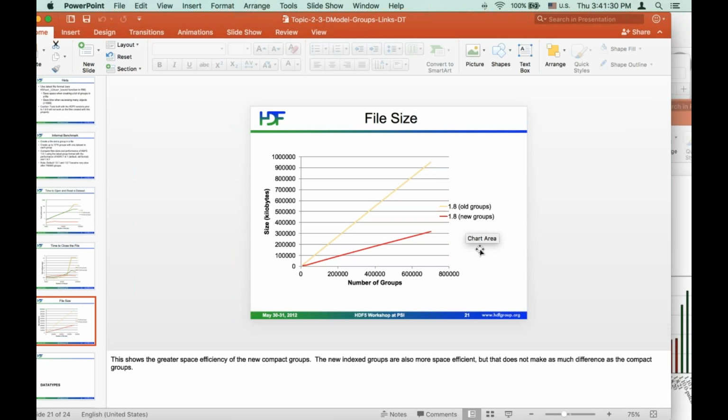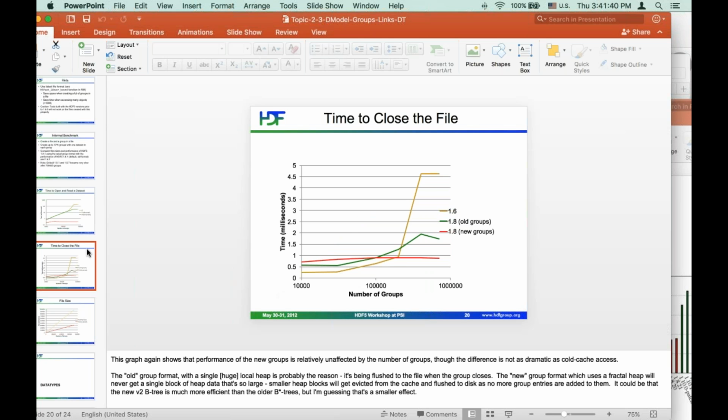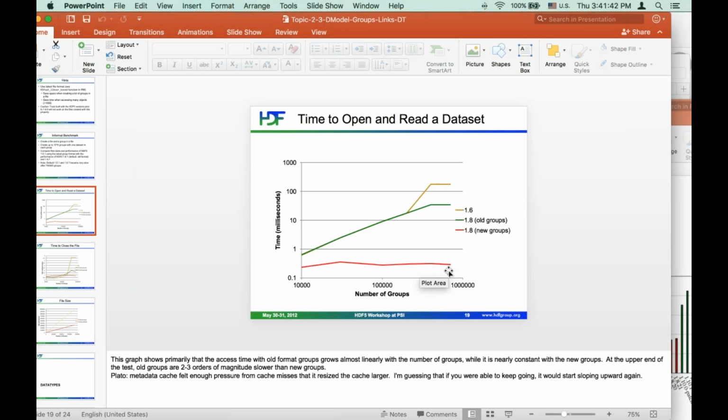On the reduced access time, did the difference go away when you access the second data set in that particular group? No, it was random. I believe I need to check, it was a random data set that I was trying to access, and with the number of groups it was flat. Under each group there was one data set, so essentially maybe it doesn't matter how many groups, it's how many data sets. The more links you had in the group, the slower it was just to find things.